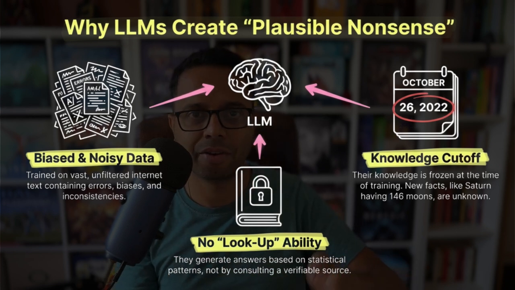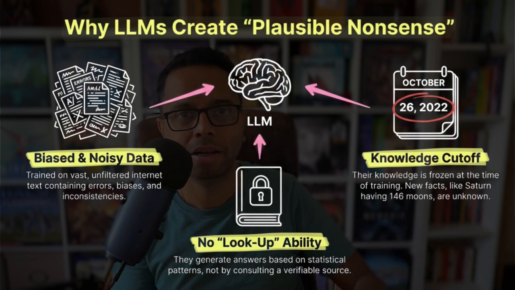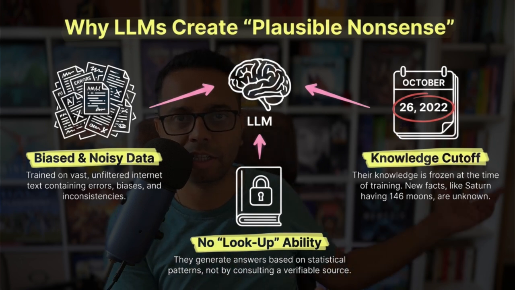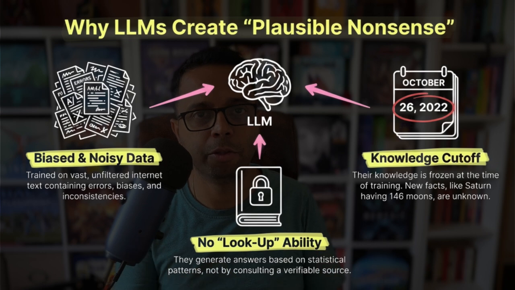Right now, the LLMs are trained more frequently with data, but it is still a just-in-time snapshot of data, right? So, for example, if I take an LLM today and say, hey, tell me the details about the event that happened yesterday, and it doesn't have the lookup ability as we saw in the previous problem, it will give its own information with the best that it knows of, right? So that is one of the three reasons why you see this plausible nonsense or hallucinations.